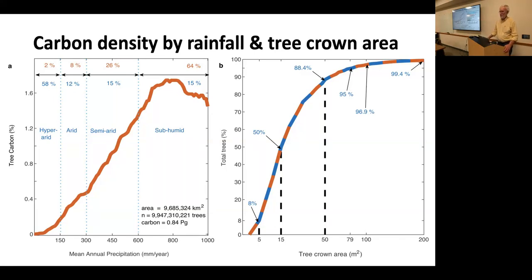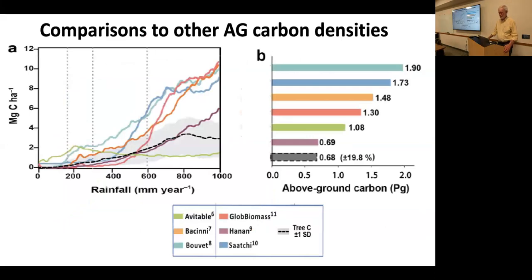So the first thing we did was to compare our data to other published papers. The other published papers are in the box below, and then our paper comes along here, plus or minus 1 standard deviation. And so we don't agree very well with any previous studies. We're somewhat similar to what Niall Hannon did in purple, but otherwise there's a wide divergence. And so we think the problem is that in the semi-arid area, they were incapable of mapping individual trees. Now they might say, no, but this was our interpretation.